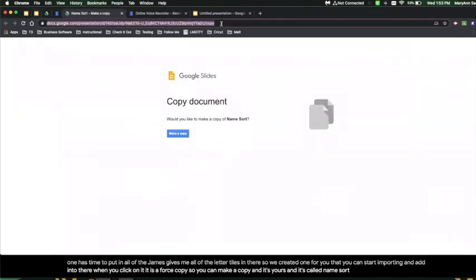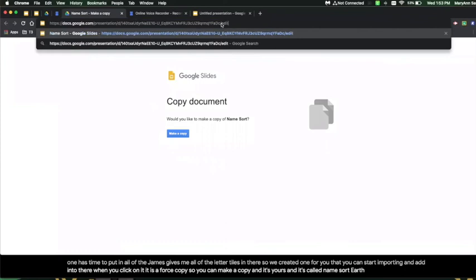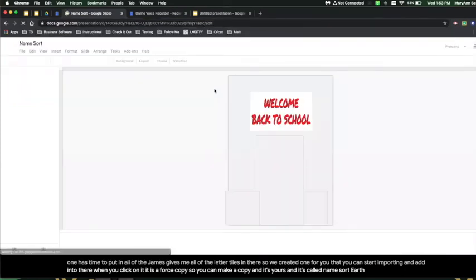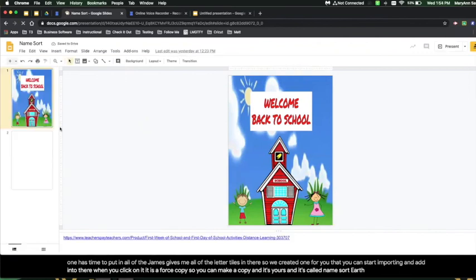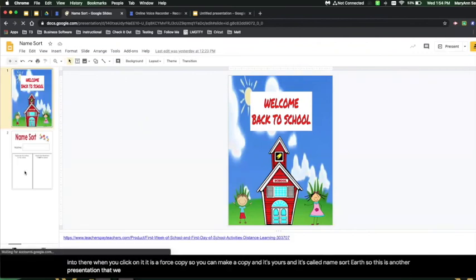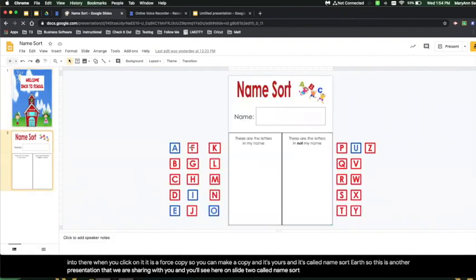I'm just going to show here. So this is another presentation that we are sharing with you, and you'll see here on slide 2 called name sort, where the students can move the letters and find the letters that are in their name and the letters that are not in their name. So if someone was asking about the lowercase letters, here are the uppercase letters. So to get it into this